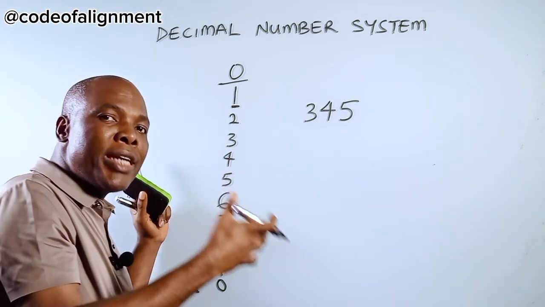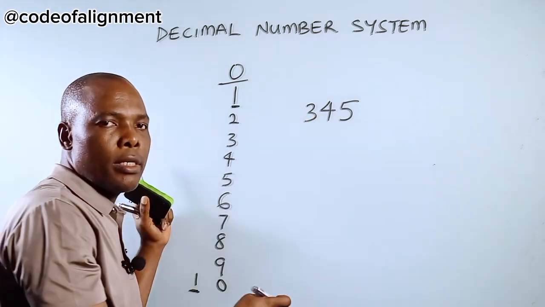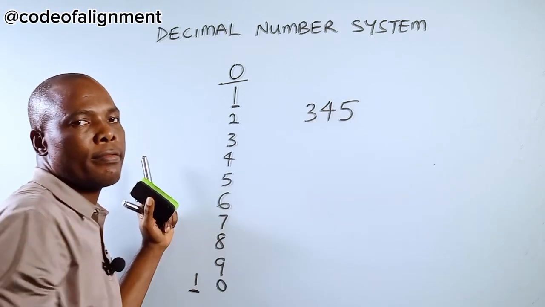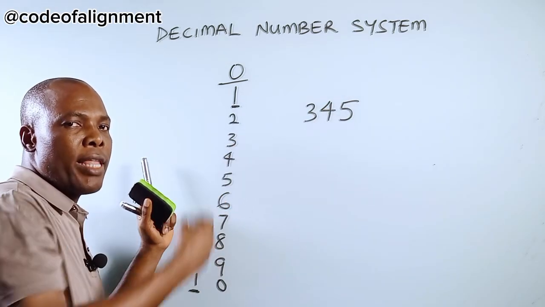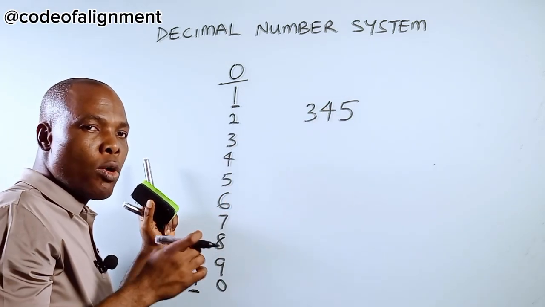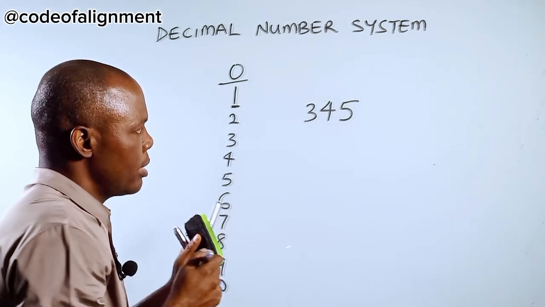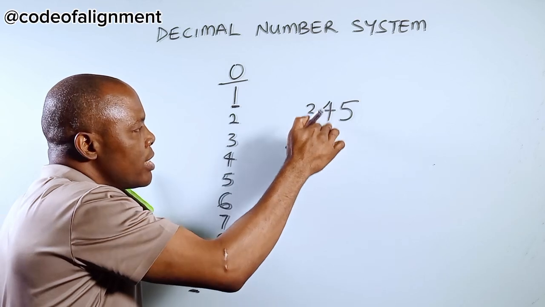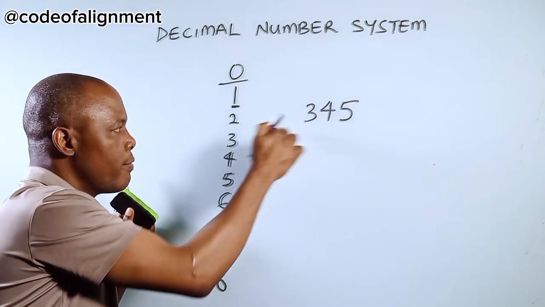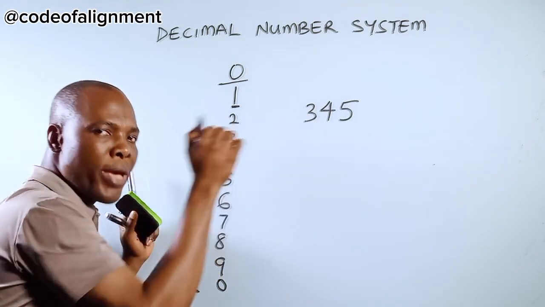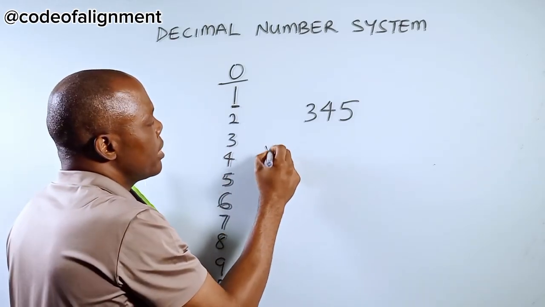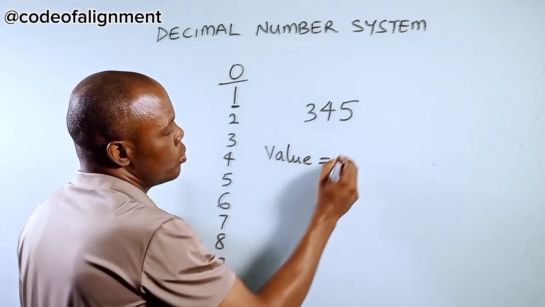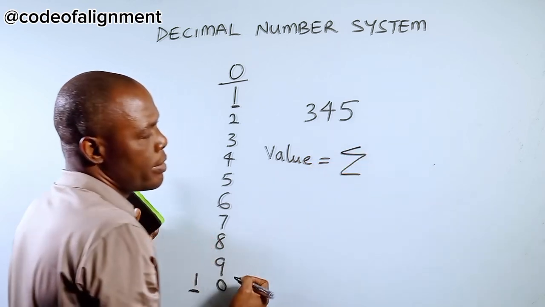How then can we derive meaning from this to call it 345? How did we arrive at that? It is based on the base. In order for us to extract this number from these symbols, we have a formula which states that value equals the sum of